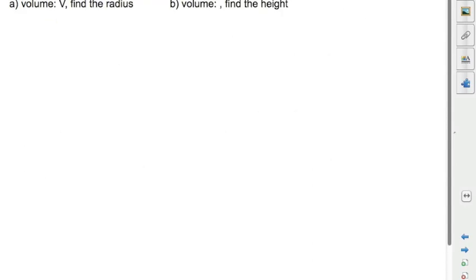Find, well, it's supposed to be given the volume V, find the radius. So basically here, we want you to rearrange our